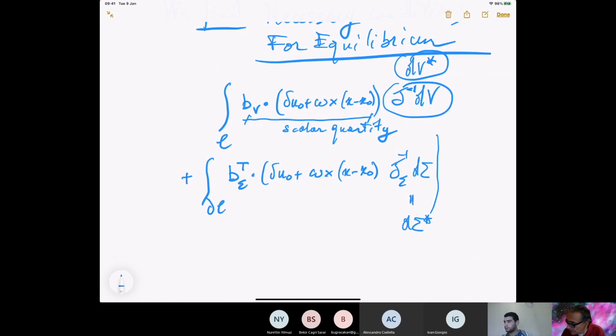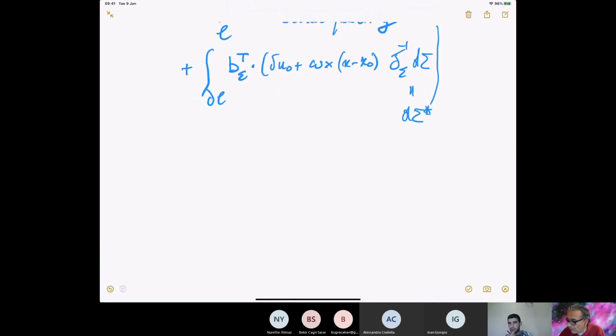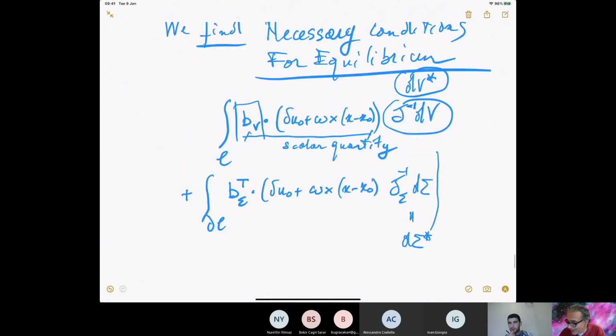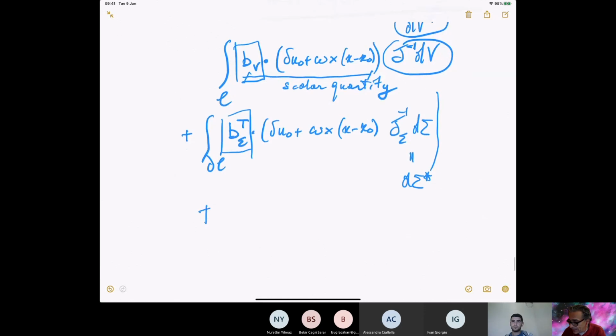For having the same notation, I write J minus 1. Okay. So transforming the volume density Eulerian, Lagrangian, into the Eulerian volume density and the surface density Lagrangian in the surface density actual. And this is